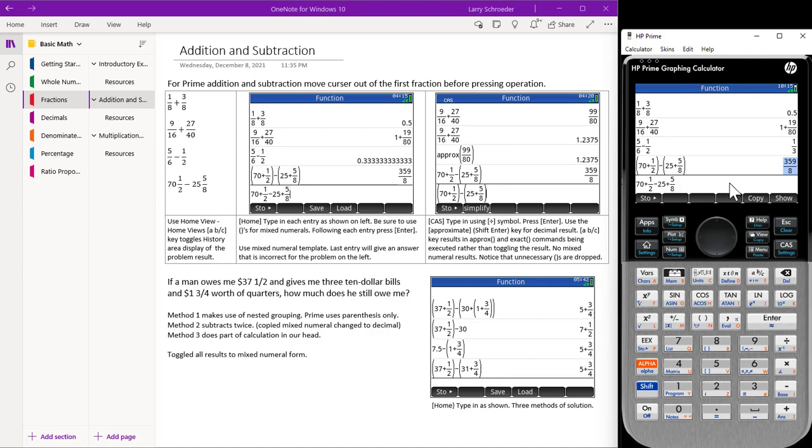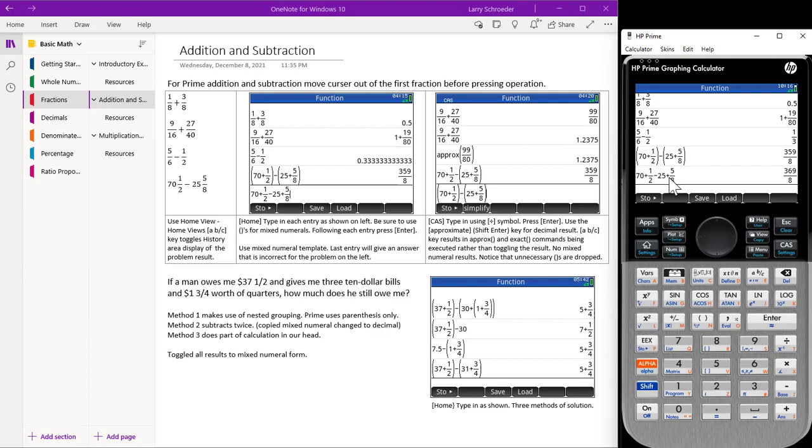Let's go down to the command line here. And when we move down to the command line, we have written it without parentheses. And when we press enter, we come up with this answer. We will press the ABC button and see that it is not the correct answer, because what we have done is subtract 25 from the first mixed numeral, not 25 and 5/8. So for this to be correct, we would need to put